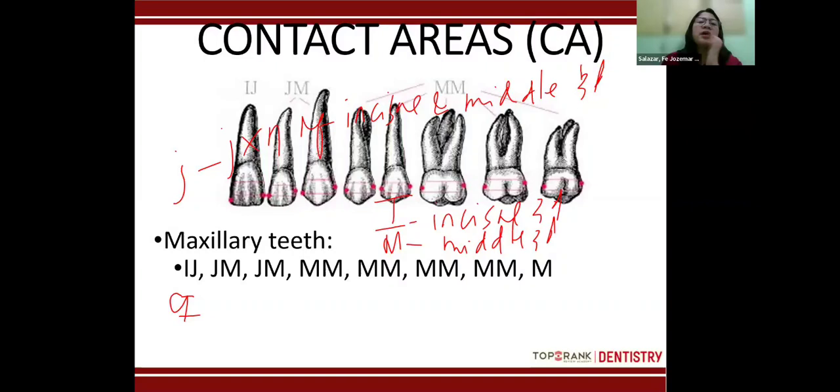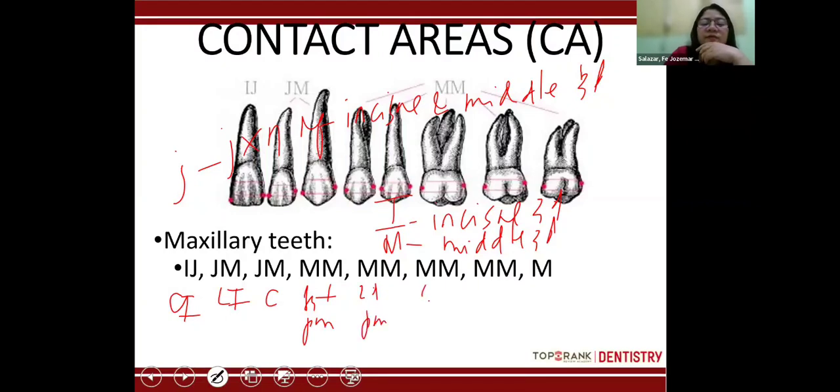Okay. Now, meron tayo ditong 8 pairs. Okay, actually 7 pairs, then isang single. So this is for the central. Ito yung lateral. Ito yung canine. First premolar. Second premolar. First molar. Second molar. Third molar. Bakit to isa na lang? Kasi wala na siyang contact. Diba? Wala tayong fourth molar. Kaya wala na siyang contact.